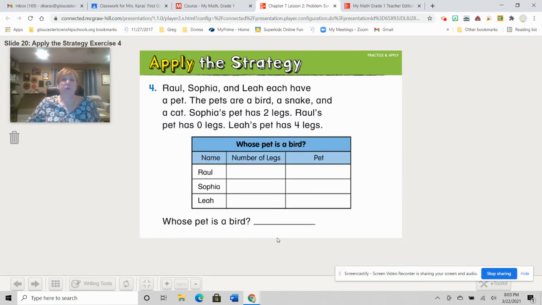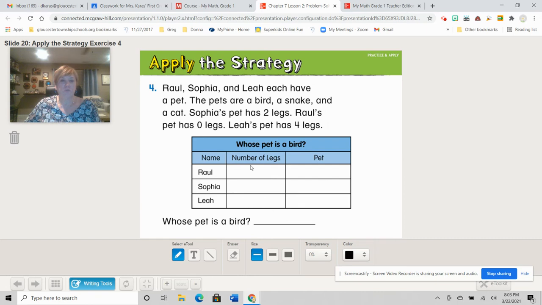Okay. Raul, Sophia, and Leah each have a pet. The pets are a bird, a snake, and a cat. All right, so there's the pets. Sophia's pet has 2 legs. Raul's pet has 0 legs. And Leah's pet has 4 legs. Okay, so they're giving us, I love it, it's like a mystery. Okay, so the best thing to do first is,